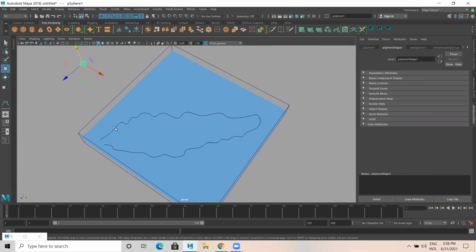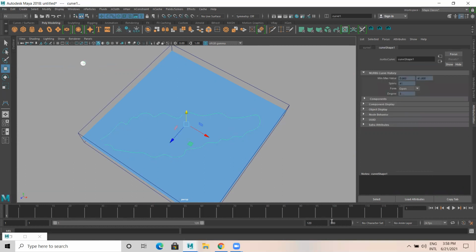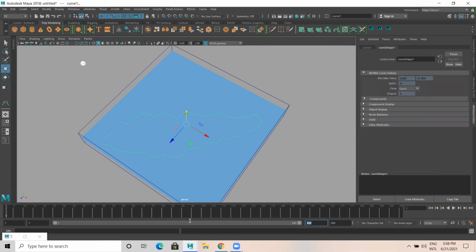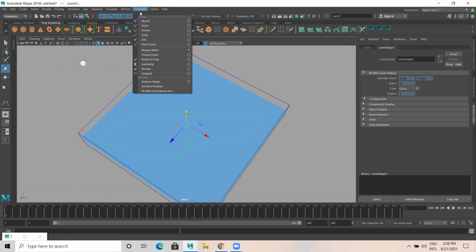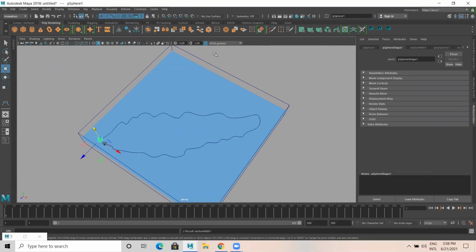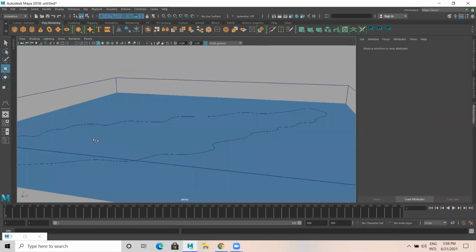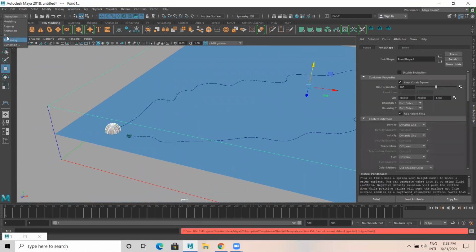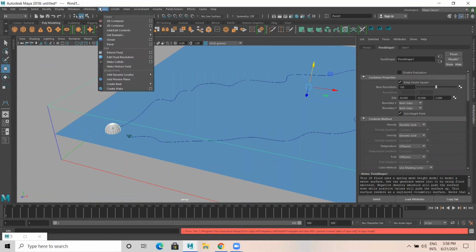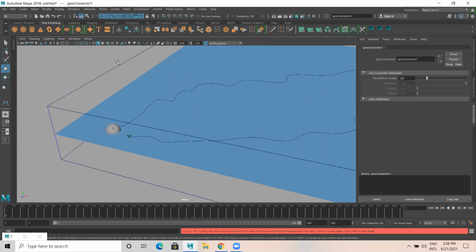Select this object, select the curve, go to animation. In animation, you have to go to constraint, motion path, attached to motion path. Then I'm just selecting this object, that's the sphere. Select the sphere, select this, go to effects, fluid, make collide.